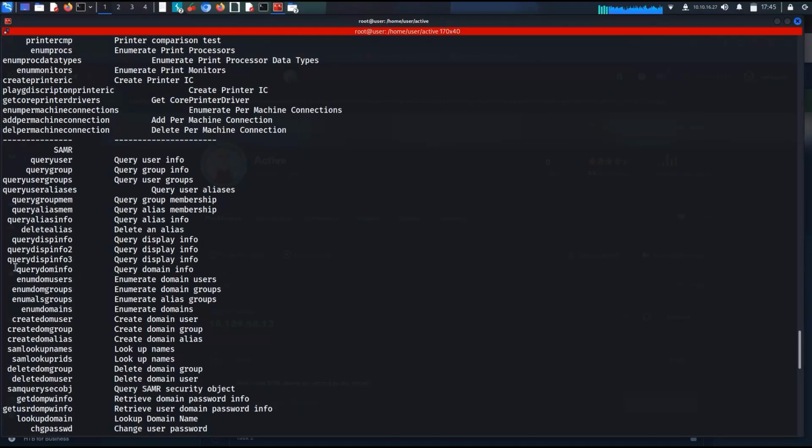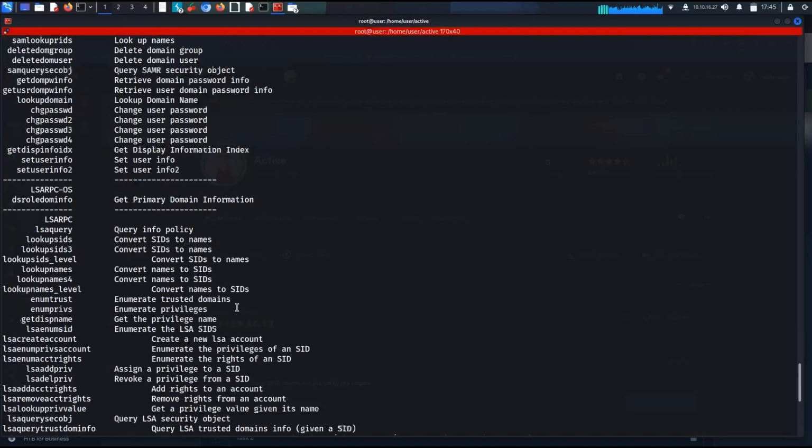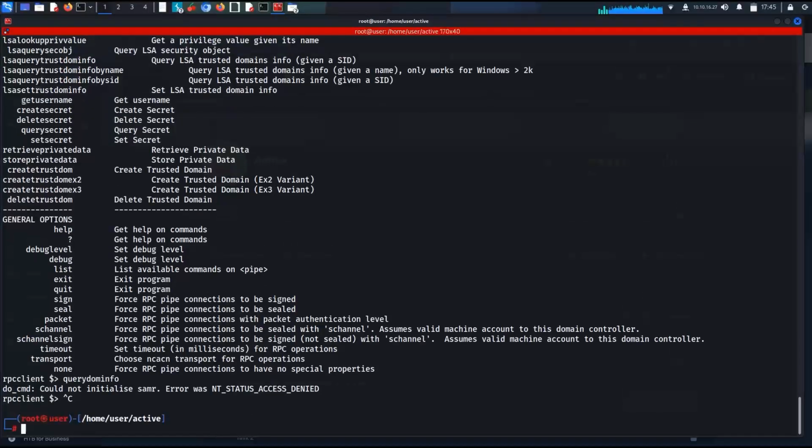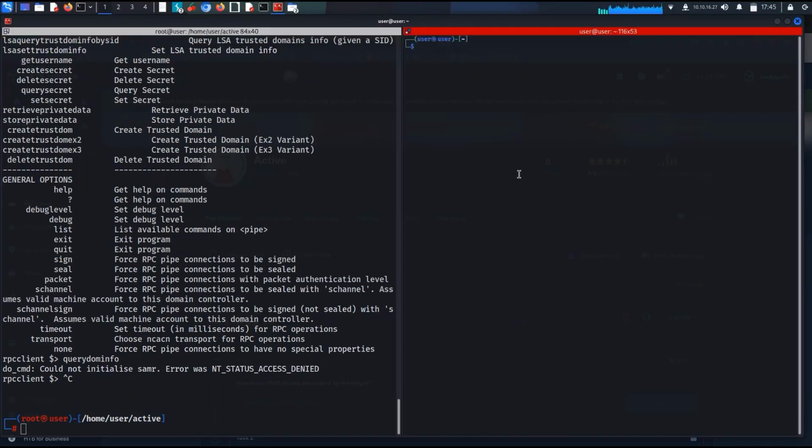Enum dom users, query dom info. You can use stuff like this at this point, but we see that doesn't go through either. So yeah, RPC is a dead end. You can sometimes get a list of users by going that route. So as we can't get any list of users going that way, we can go for